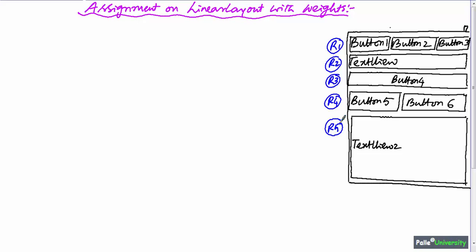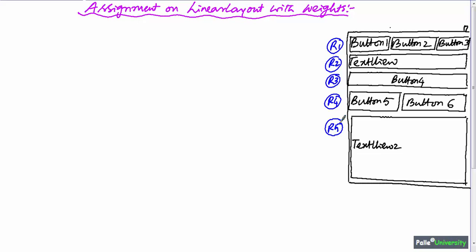It is a studio based assignment. Now let me give some more hints. If you observe all 5 rows, tell me which row should be a layout. Any row which contains multiple elements should be a layout. The main purpose of layout is to hold multiple views. So obviously first row should be a layout. What type of layout is it? It is horizontal linear layout. Second row contains only one element, so you don't have to take one more layout. Third row also contains only one element, so you don't have to take extra layout.